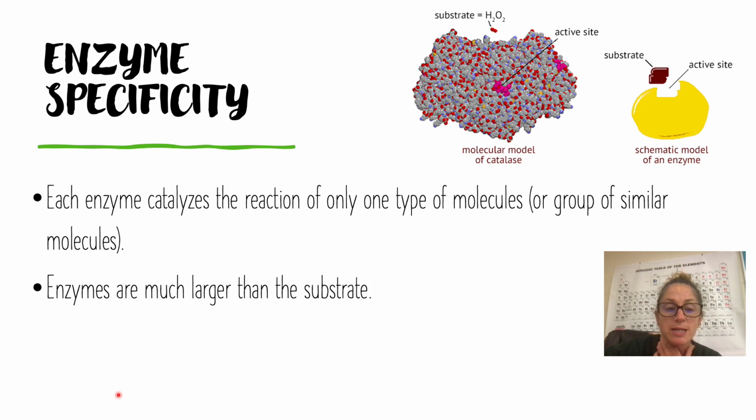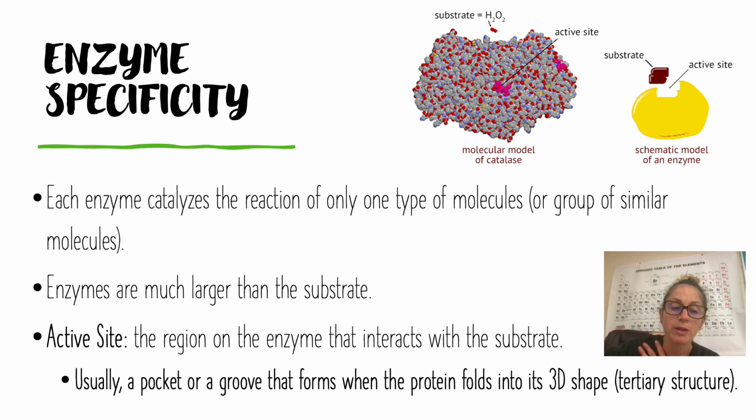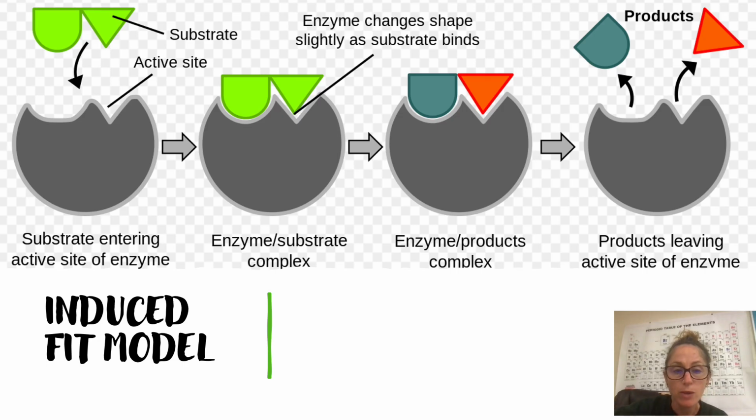Enzymes, as I said, are much larger than the substrate. The active site is the region on the enzyme that interacts with the substrate. Visually, this is more what it would look like, but this is how we represent it. Usually, a pocket or a groove that forms when the protein folds into its 3D shape is what creates the active site. As I said earlier, it looks like a lock and key,